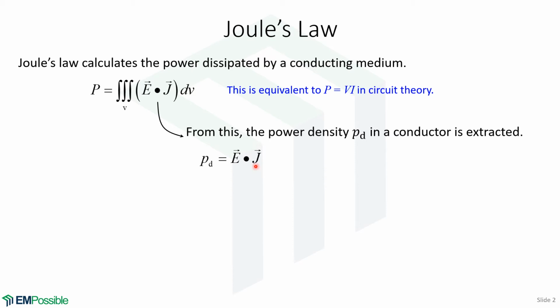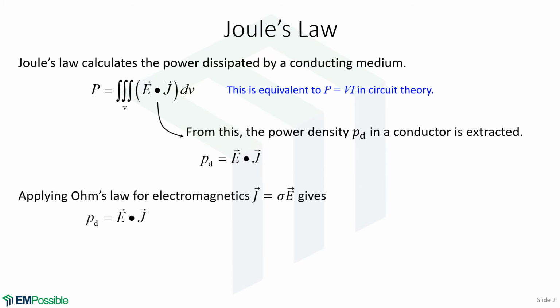Now let's work on this a little bit. We have Ohm's law for electromagnetics. This is like V equals IR, and it's J equals the conductivity times E. So back to this equation, power density E dot J, we can replace J with sigma times E. While this sigma is just a constant, we can move it to the outside. So we have sigma times E dot E, and the E dot E is the magnitude squared of the